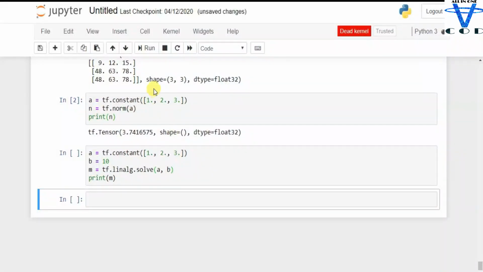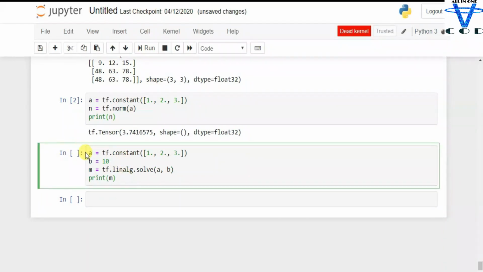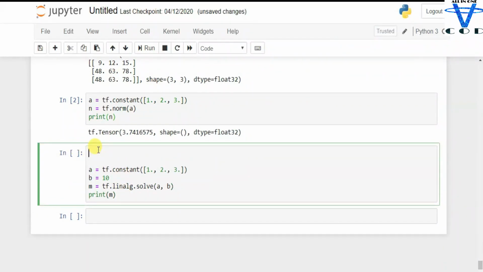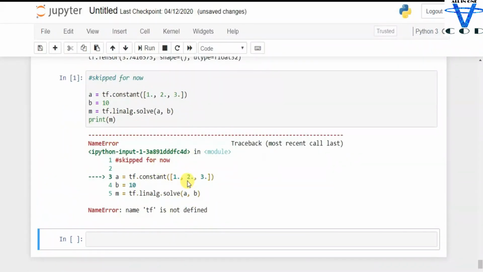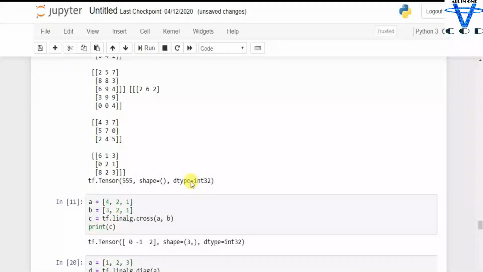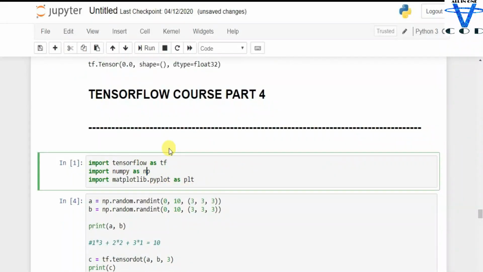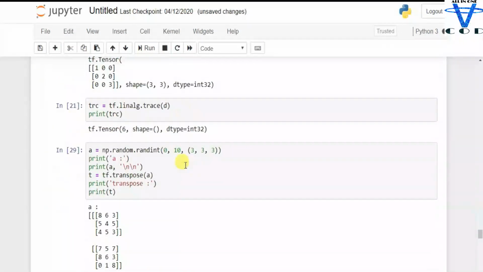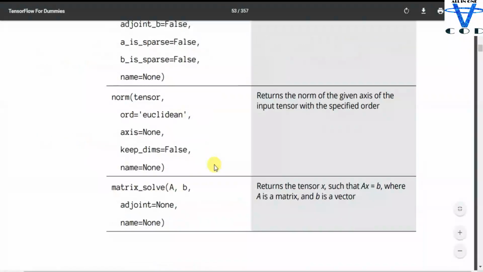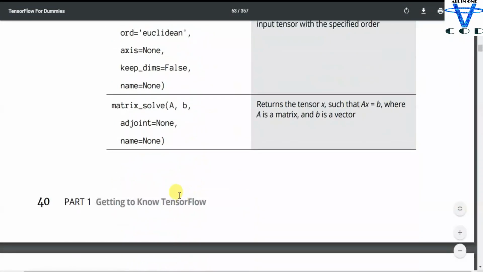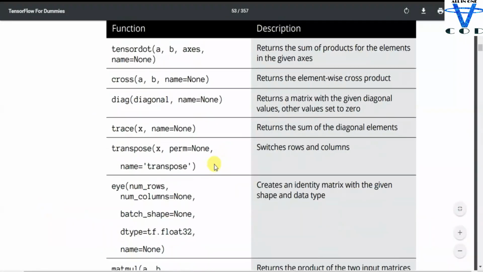You can see I got an error in here again. So let's skip this function for now. So I'm gonna comment it out, skip it for now. Okay, so the kernel is restarting, so I have to go in here again and run this line again, so I can use tf. Okay, so that's how you can use all of these functions except this one.